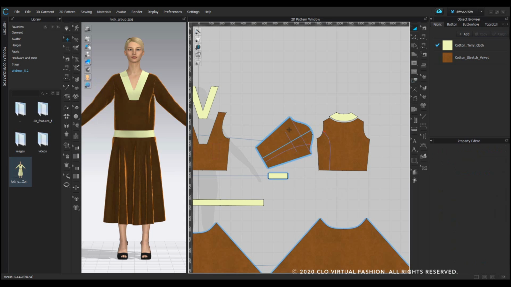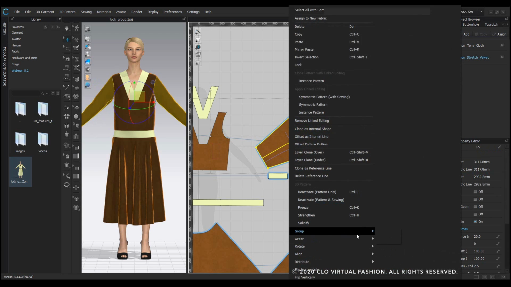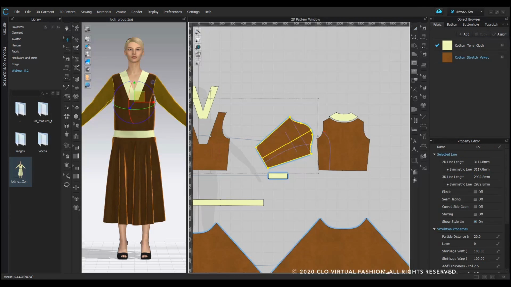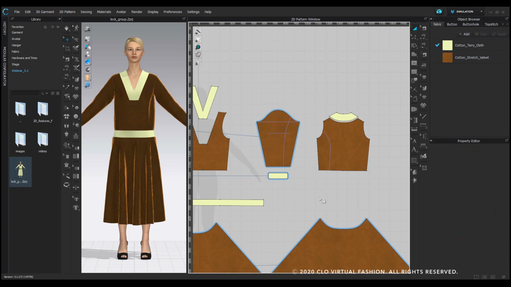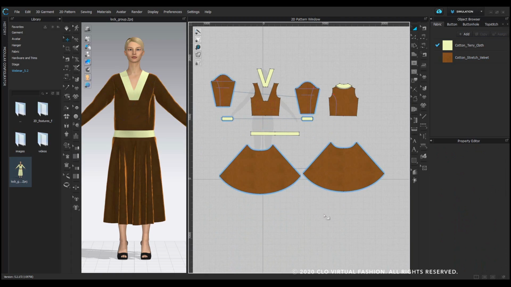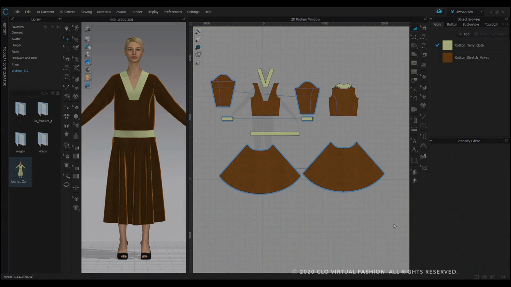So now we can click on the pattern, right click and then choose rotate, y-axis, and then click on the internal line to rotate it. So that is